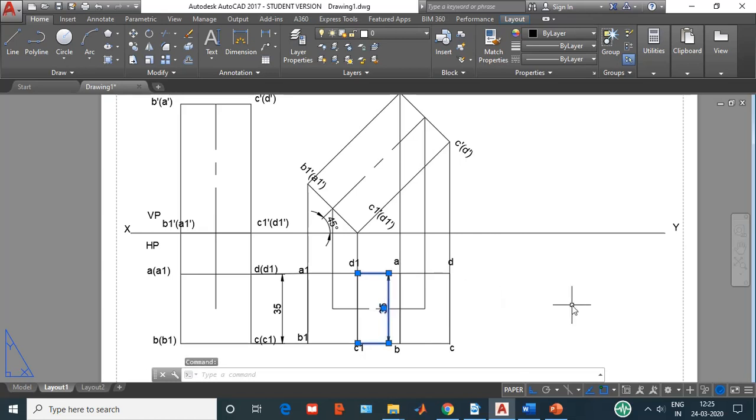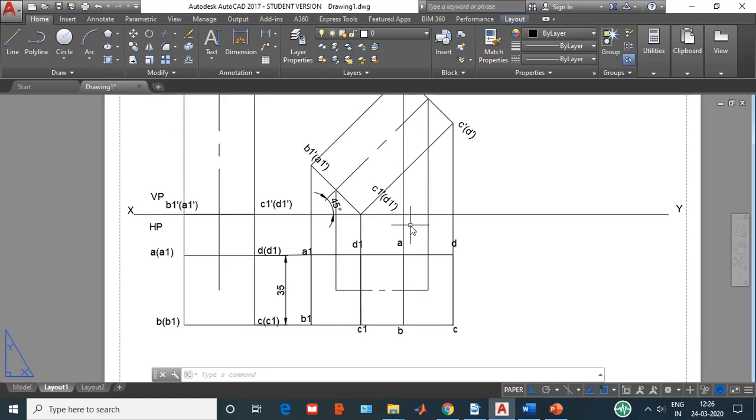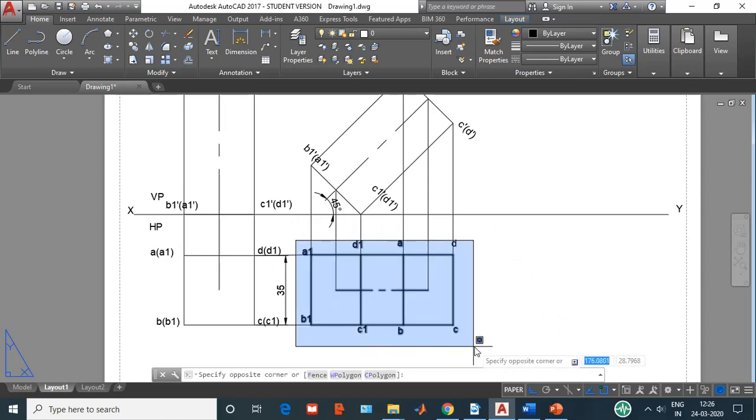Now I know that I don't have to find out apparent inclination beta. So what I need to do is reconstruct this top view over here in such a way that C1 and D1 is inclined at 30 degrees to VP, because that is the edge of the base on which it is resting. In manual drawing, you need to draw a 30-degree line, mark C and D on it, and with respect to that reconstruct the entire drawing. In the software it becomes very simple.